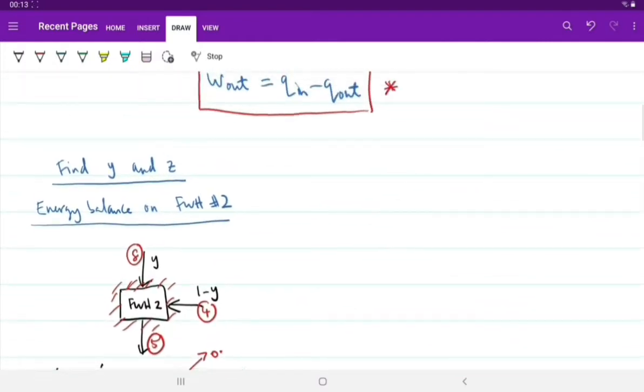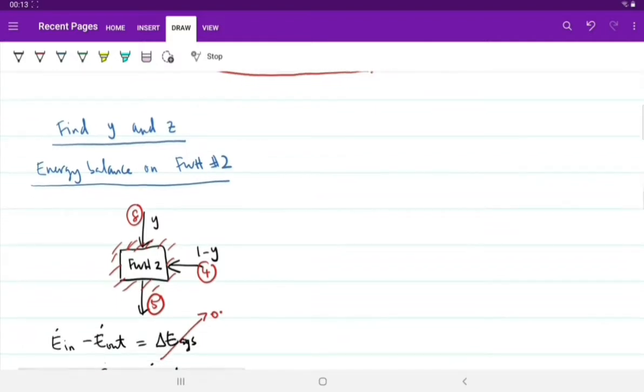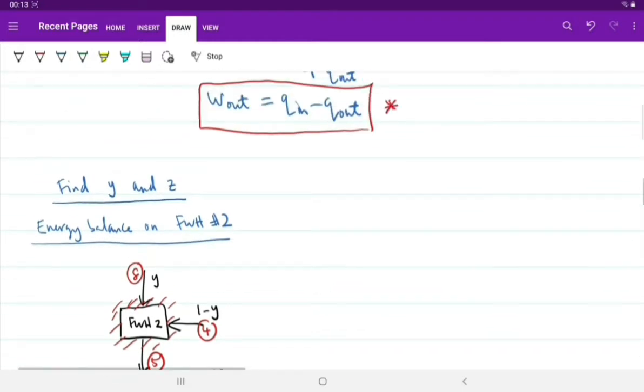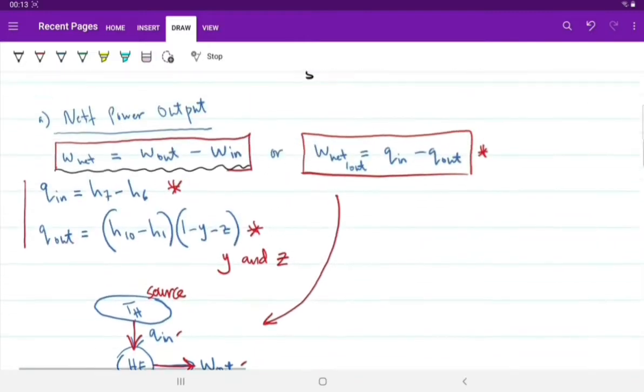Now, find the values of Y and Z. So to find the values of Y and Z, you can simply apply the energy balance to the feed water heaters. Okay, feed water heater number 1 and feed water heater number 2. We can start off at feed water heater number 2. So if we refer to the schematic diagram,